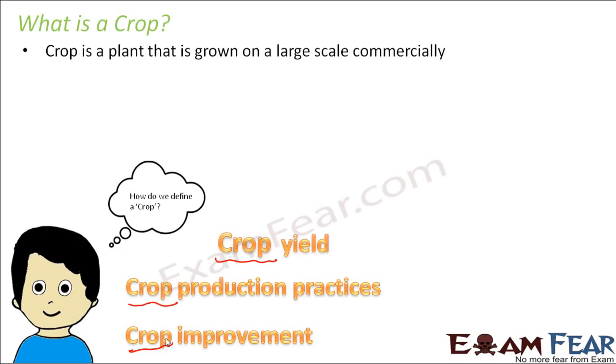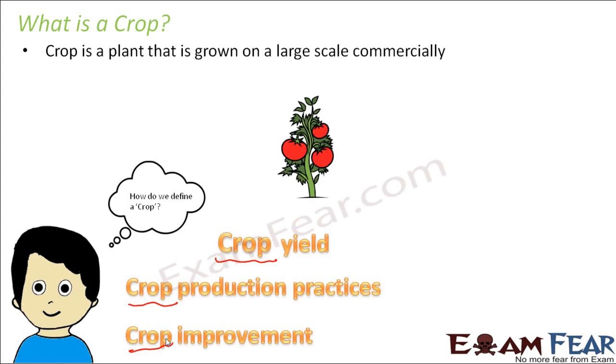For example, in your house you might grow one tomato plant, because you want tomatoes growing in your own garden. You will not say that you are cultivating tomato, because that is not the right sentence. Crop is only used when multiple tomato plants are being grown for a commercial purpose. When hundreds and thousands of tomato plants are being grown on a field, it can be said that a tomato crop is being cultivated in this field.